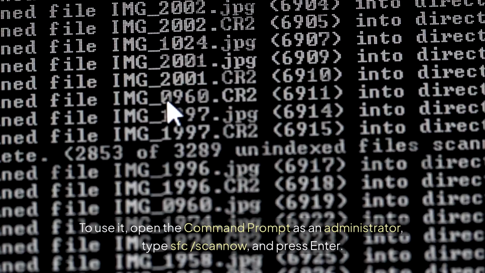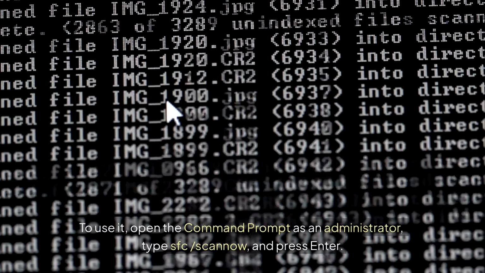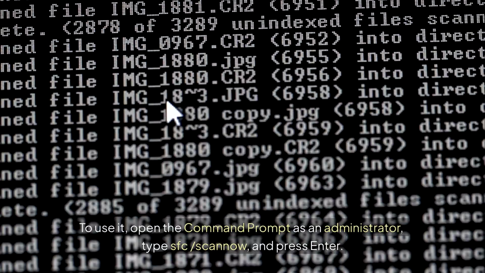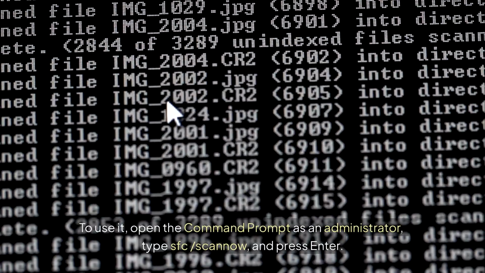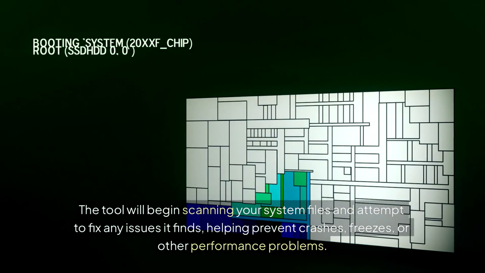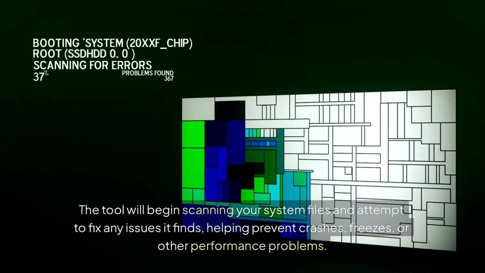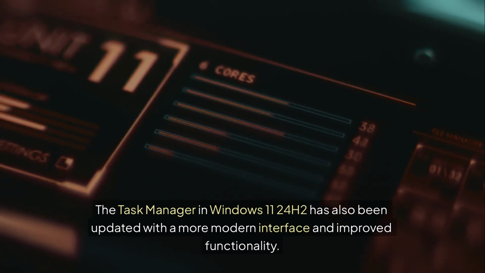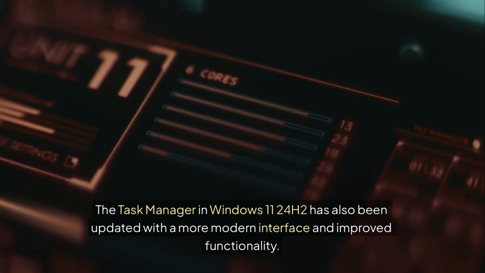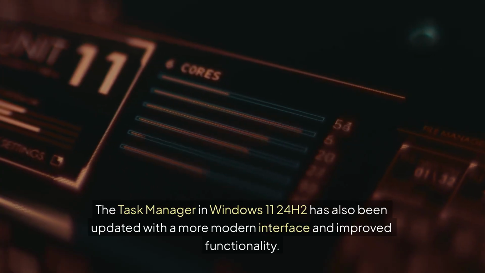To use it, open the command prompt as an administrator, type SFC /scannow, and press Enter. The tool will begin scanning your system files and attempt to fix any issues it finds, helping prevent crashes, freezes, or other performance problems. The Task Manager in Windows 11 24H2 has also been updated with a more modern interface